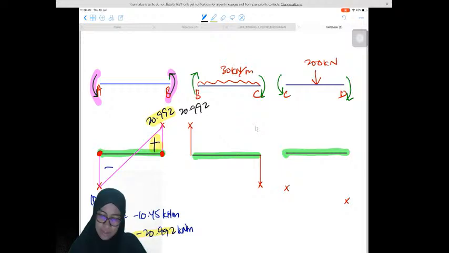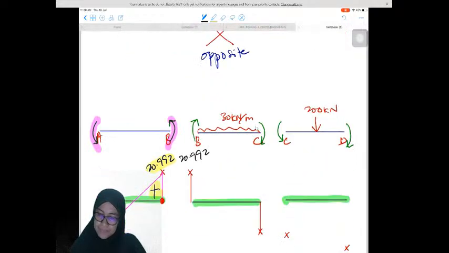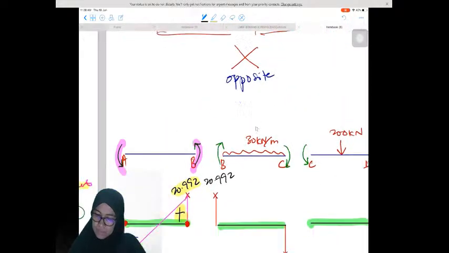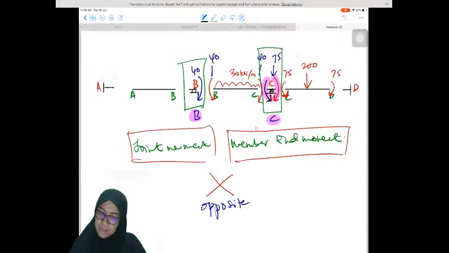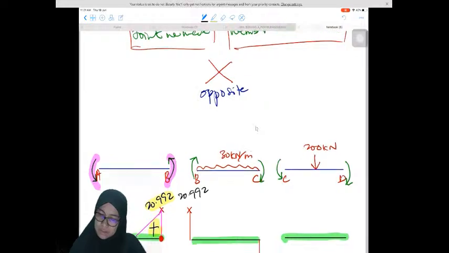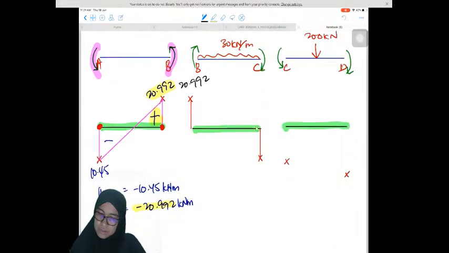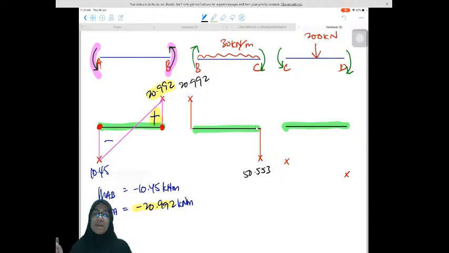The next value is 50.553. Okay, now we want to check whether we get the 50.553 or not using the area of the shear force diagram. Okay, so we will start with positive